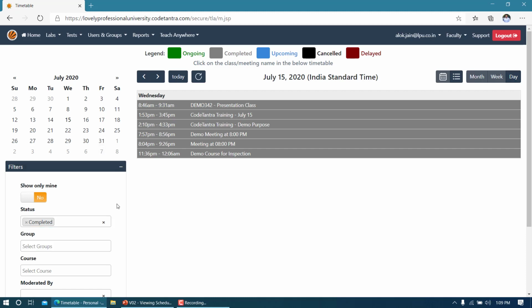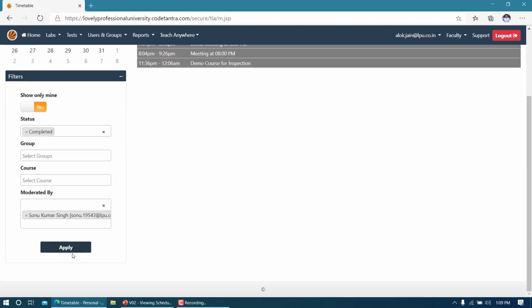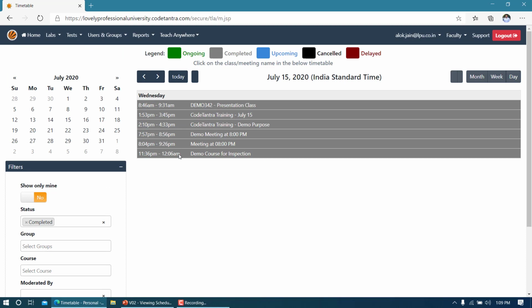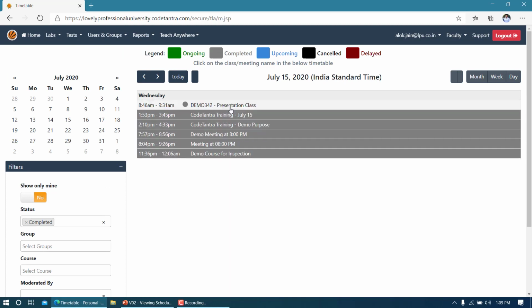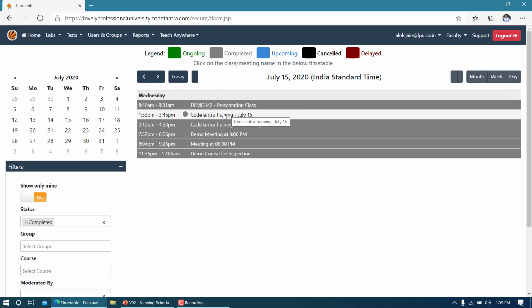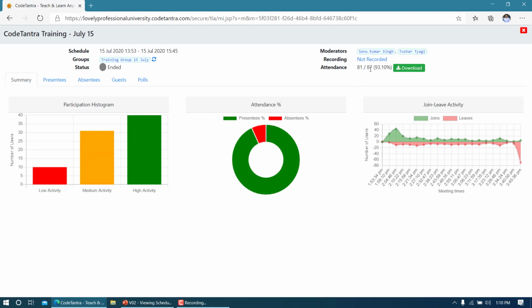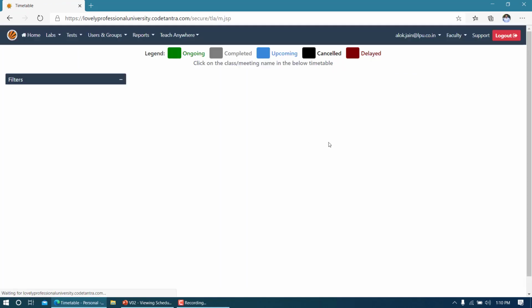And if you want to view the previously held classes, then you can select the date for which you want to search the class. Now this may become important if you want to check the attendance status of that class. So let us say I'm going to 15th. I'm going to keep my name there, click apply, and I can see I am already here. If I want to see the attendance of this particular class, I can click on this class, and you can see in this class 81 out of 87 participants joined the class, and this meeting was not recorded. We'll discuss this detail in another video, but you got the idea why you might need to go to the previous classes as well.